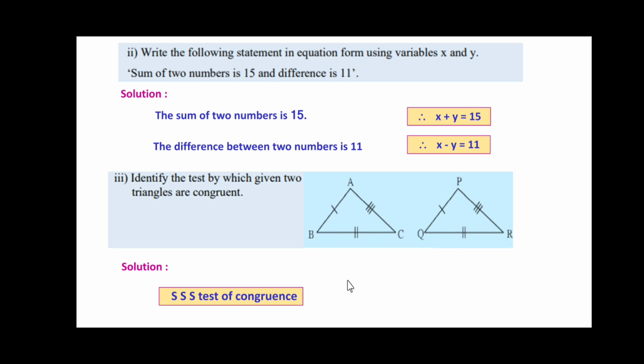Now we'll see the next, that is question number 3. Solve the following sub questions. 8 marks are there. So we'll see the first one. Divide segment AB of length 7 cm in the ratio 3:2. Friends, here 3:2 means the total divisions will be 5, since 3 plus 2 is 5.